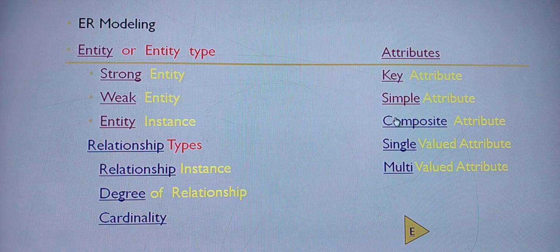Yes, next we can see the next one. It is your composite attribute. Composite means it is going to have the combination of many things together. Subdividing it will give the simple attribute. You can tell that in another way: the combination of many simple attributes will form the composite attribute. Splitting the composite attribute will give you the simple attribute.